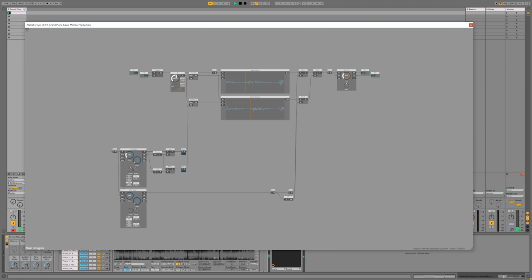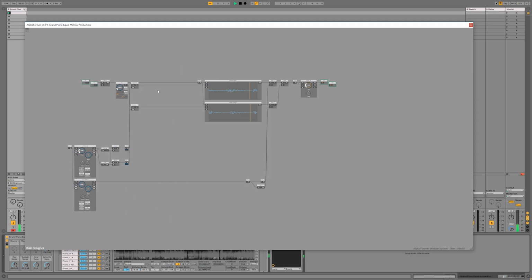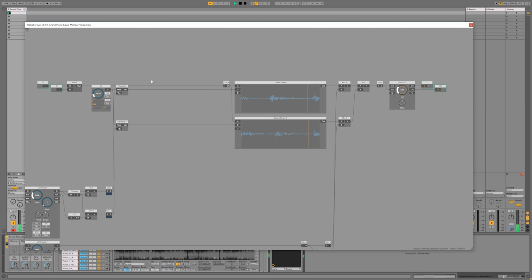But if I remove the gate, we cannot hear anything, which is not what we want. So let's work on this. First things first, we need to add something to this delay,